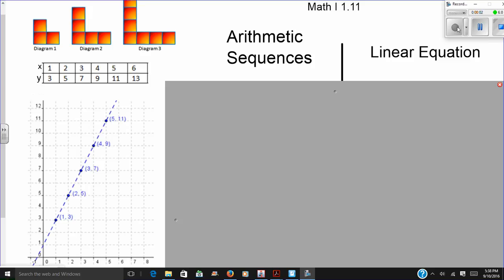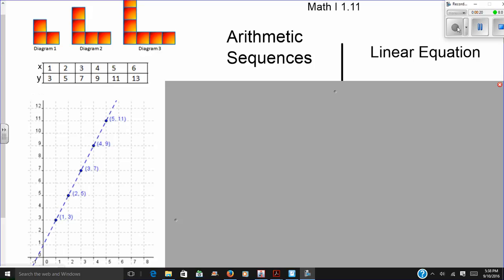Hello, math students. This is Mrs. Gillihan once again. We are working with the Mathematics Vision Project curriculum. This is Math 1, Module 1, Task 11. And we're sort of at the end of this module, and we are talking about the differences between arithmetic sequences